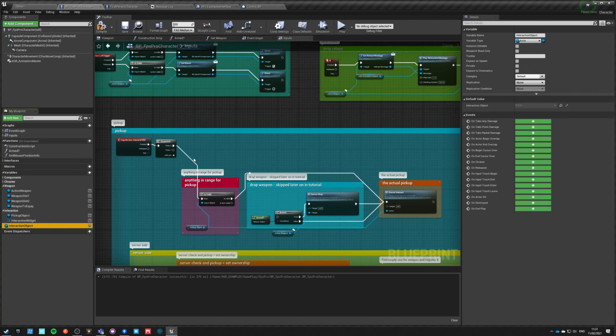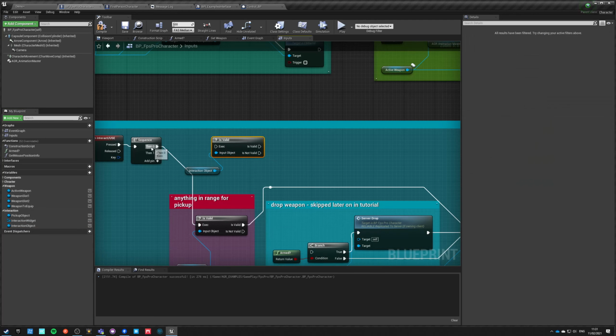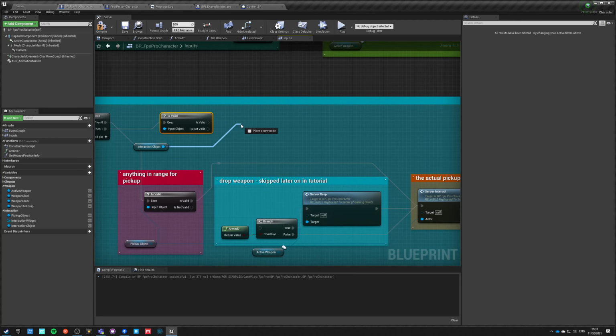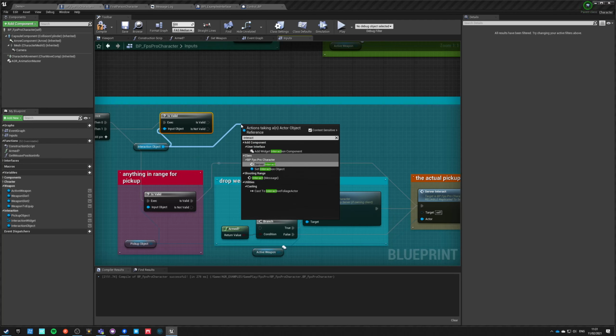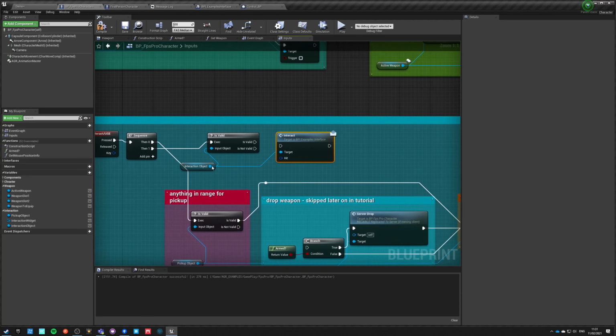So we're going to get our interaction object and make it interaction, see if it's valid, and if it is valid, then what we want to do is on this interaction object do an interact message,